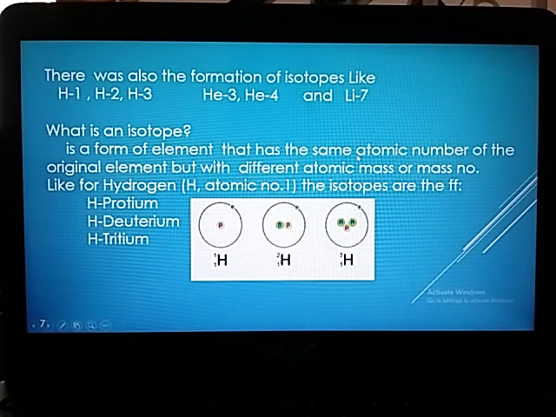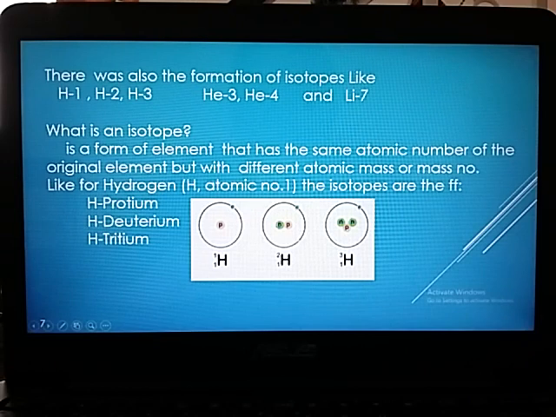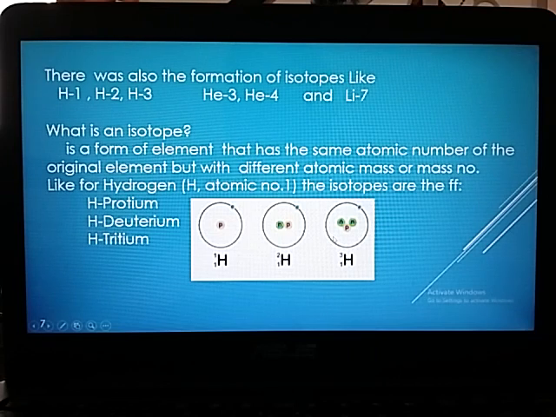H1 is protium. H2 is deuterium. And H3 is tritium. So, saan sila nagkakaiba? Nagkakaiba sila sa number of neutrons. So, ano ba ang effect ng bawat isa nito? So, the number 3, which is the tritium, pinapakita nito na heavy hydrogen siya. So, kung ito ay parang mga kamote, pipiliin mo kung gagawa ka halimbawa ng isang hydrogen bomb, kukunin mo na